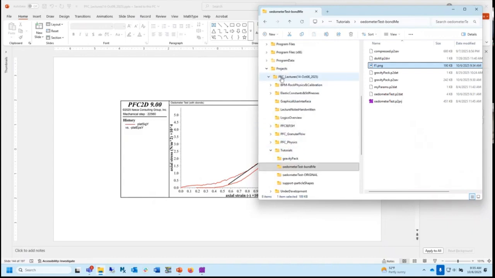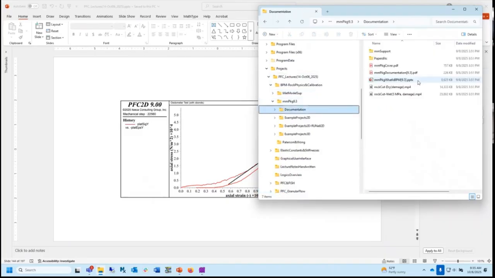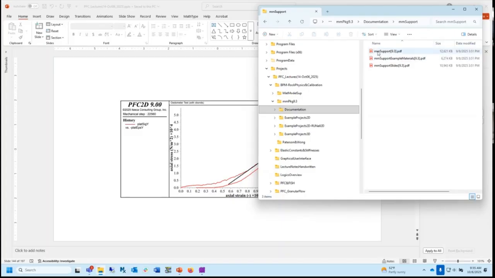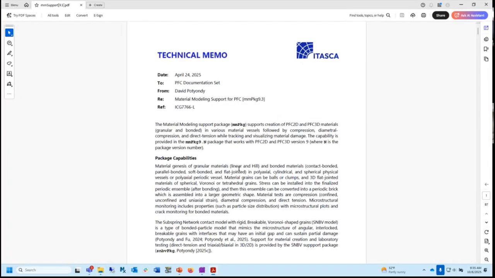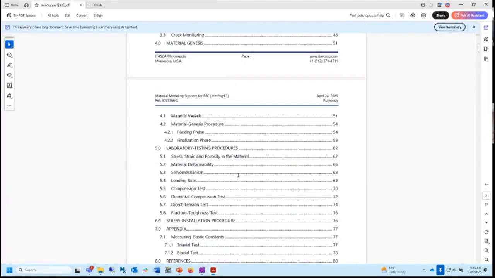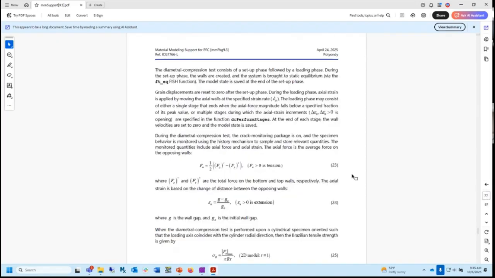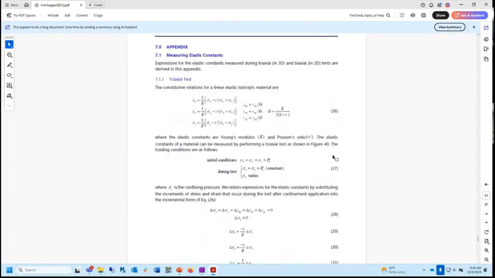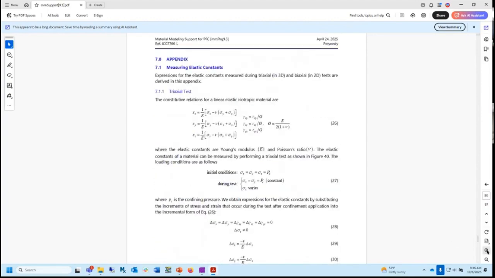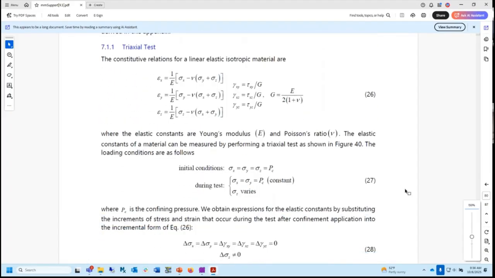I'm going to pull out, in this material modeling support package, this material modeling support memo. And in there, we talk about all kinds of things. Pretty much everything that I know about bonded particle modeling is in this 90-page memo. And you guys have it. Measuring elastic constants is in an appendix because it's a kind of detailed thing. Let's just do a quick look. I'm not going to work out the details. This is very important, actually, that you understand this, and you guys can work it through. I'm going to go kind of fast.